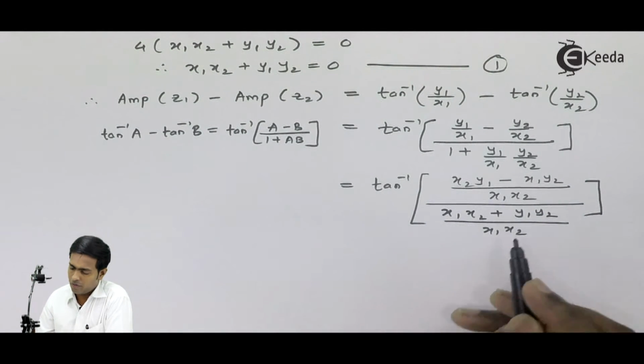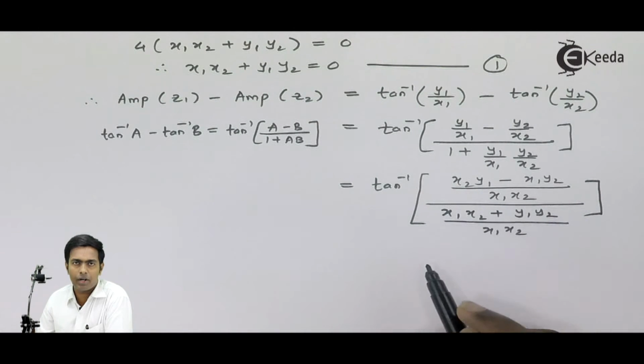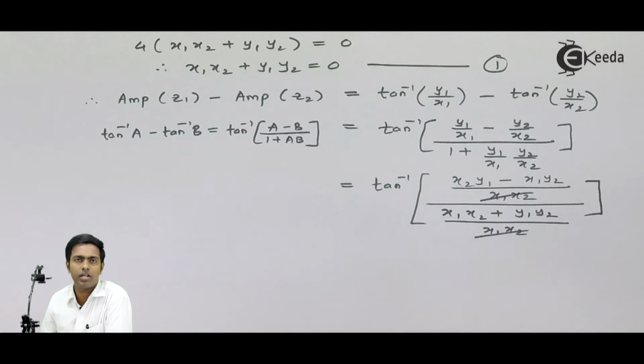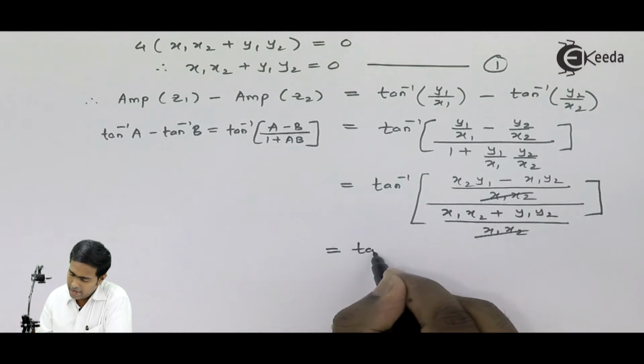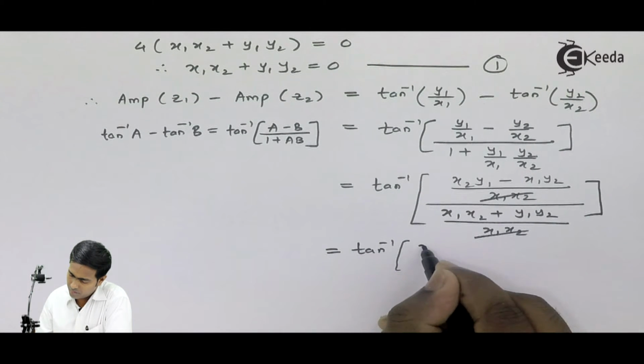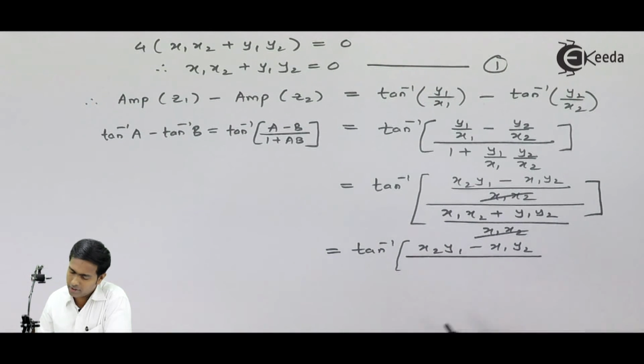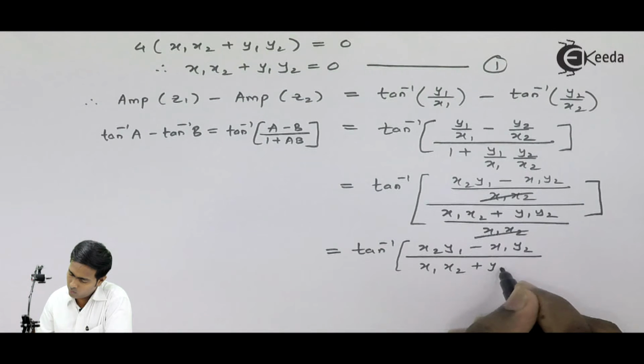Now from this numerator and from this denominator we can cancel x1 x2 and x1 x2 because they are similar terms. Now we get tan inverse of x2 y1 minus x1 y2 in the numerator and x1 x2 plus y1 y2